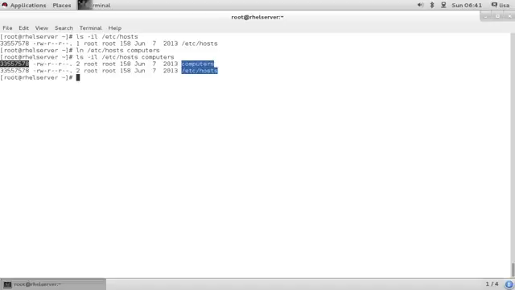Now let's do a symbolic link as well. In order to do that, you do ln -s, source file, destination file. Now let's first have a look at ls -il again, where we can see how these files are all